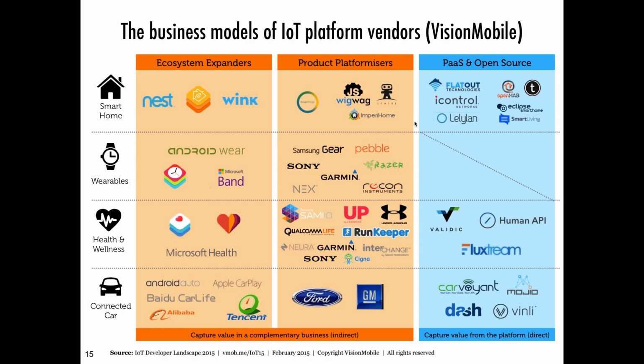And this is any developer offering on IoT. This is hardware companies, this is mobile companies, this is platform as a service companies, and it's in all these verticals. And of course, there are many more logos and companies outside these verticals and outside these business models. But the way we break down the business models is whether companies are trying to make money directly from IoT, as in the case of the blue column, versus trying to make money in another business and using IoT platforms as a way of attracting developers and driving demand for their core business.